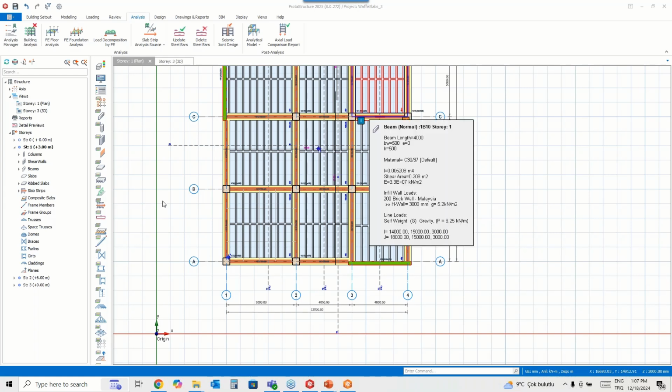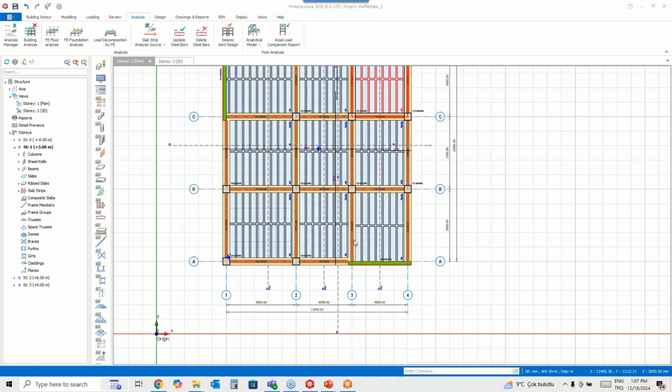Can we have a session in the future on waffle slabs without internal beams, where the slab rests directly on columns? Generally, you can do this with the normal beam elements, Mr. Opare, because otherwise it's not possible to create a single waffle slab like this. So, you can simply transform all these.